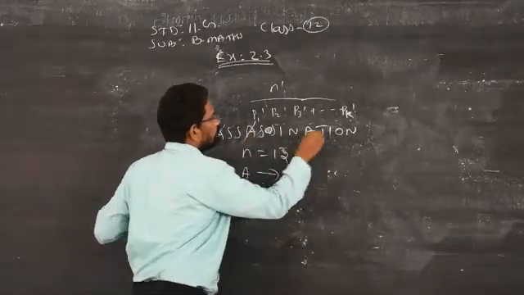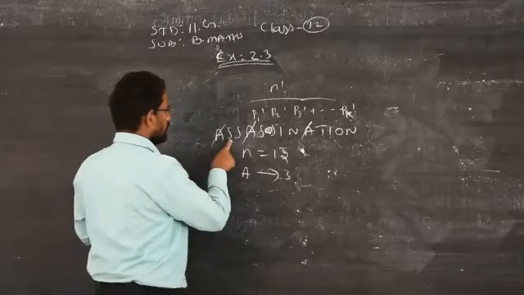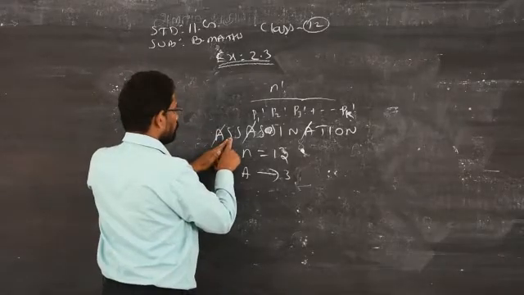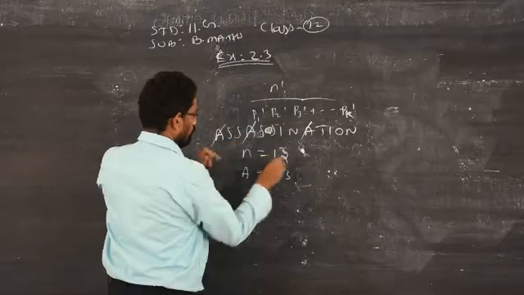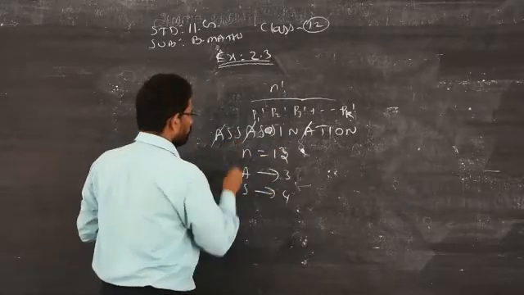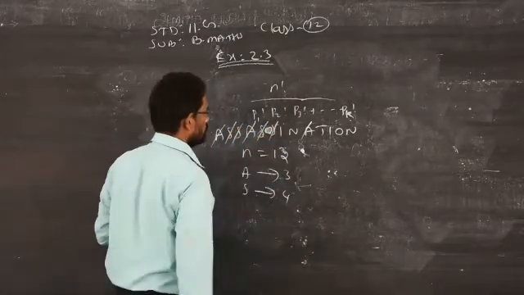Then A is supposed to be eliminated. Next you have to see the next letter, S. How many times? 1, 2, 3, 4. S is repeated 4 times, so cancel those 4 S's also.